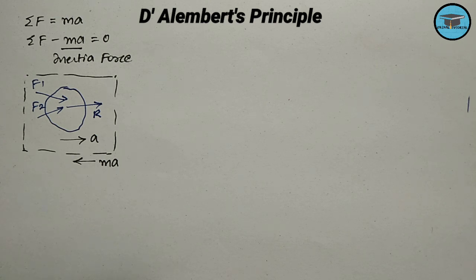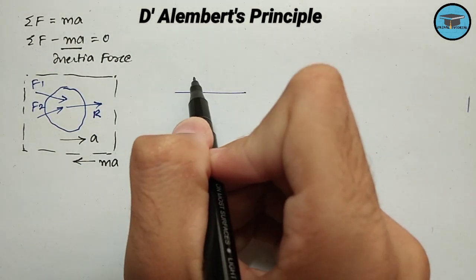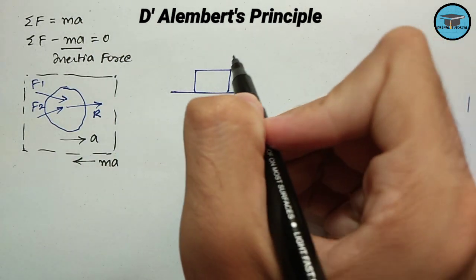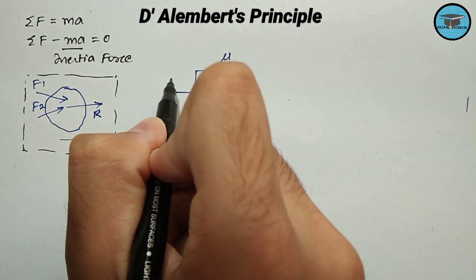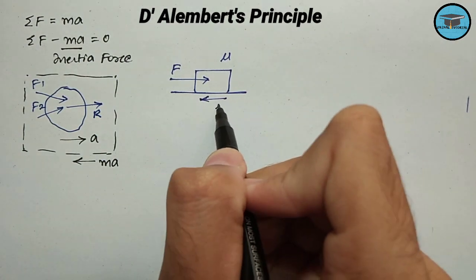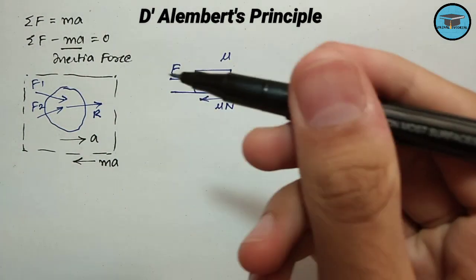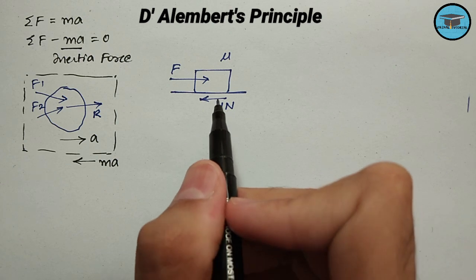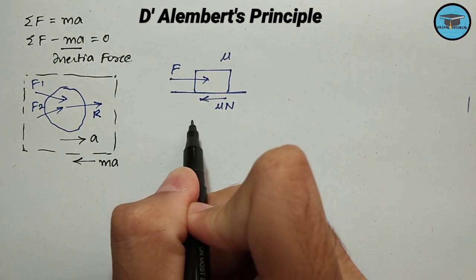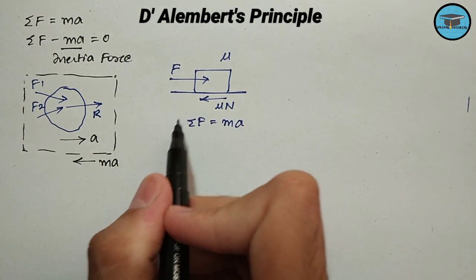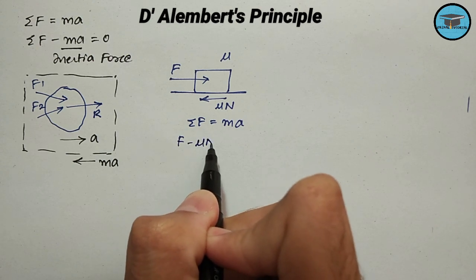Now let us understand it by comparison with Newton's second law of motion. So let us consider a block which is placed on a horizontal surface. The coefficient of friction at the contact is mu, and there is a force F applied along the horizontal direction. Now there will be a frictional force having the magnitude mu N acting along the negative x direction. Now when we apply Newton's second law of motion, we can easily write that sigma F equals mass into acceleration. Here the summation of the forces is F minus mu N, equal to mass